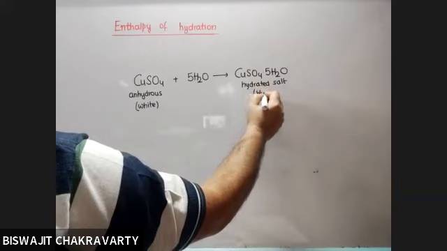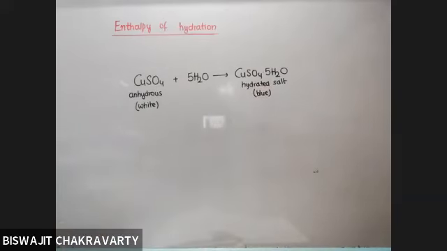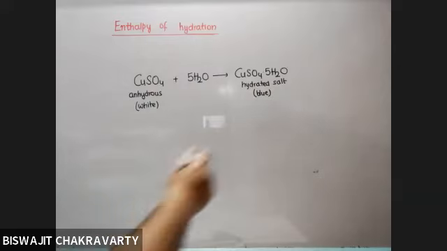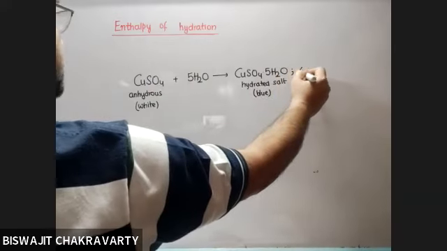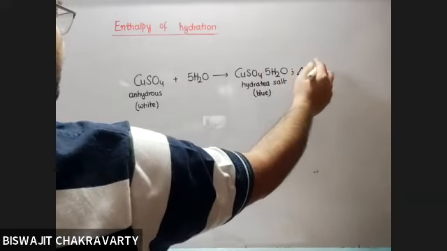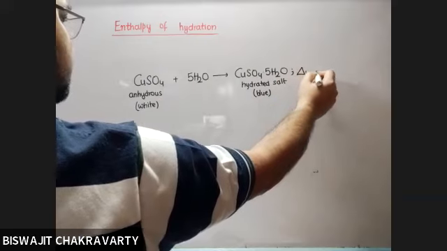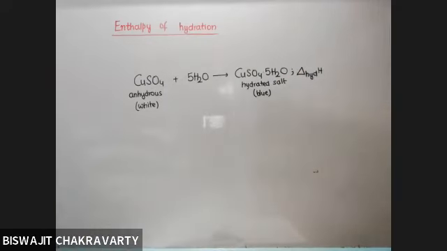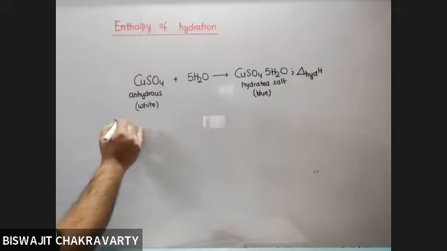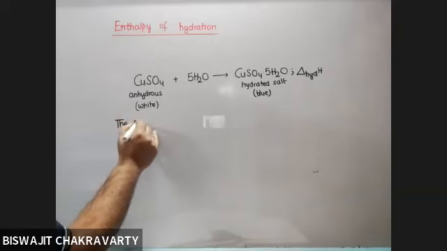And this hydrated form is also called blue vitriol due to its color. So during this transformation, when anhydrous salt is getting converted to hydrated salt, whatever energy change is taking place will be called enthalpy of hydration, denoted by delta HYD. So you can write the enthalpy change